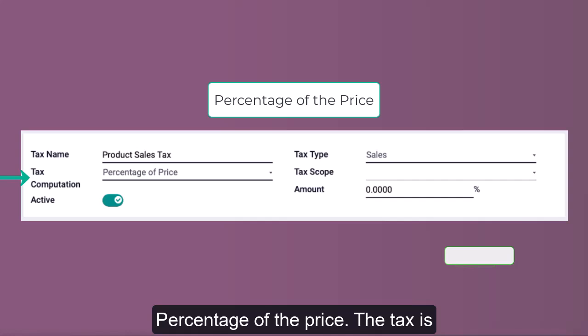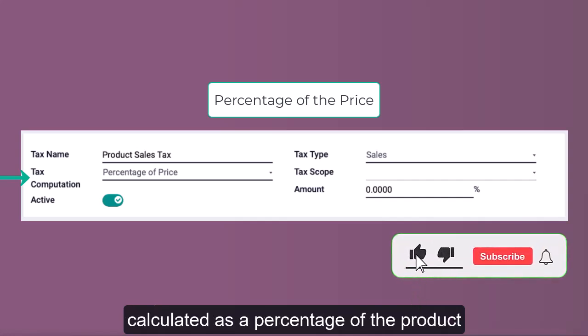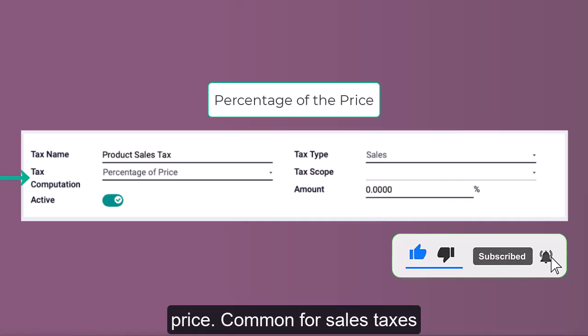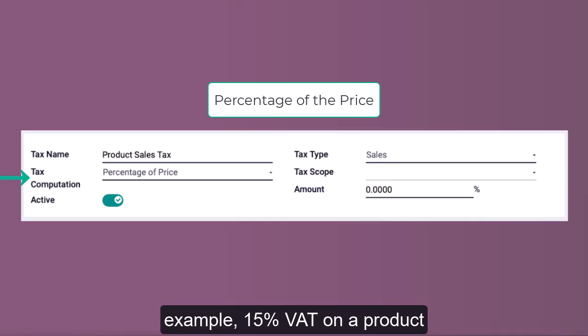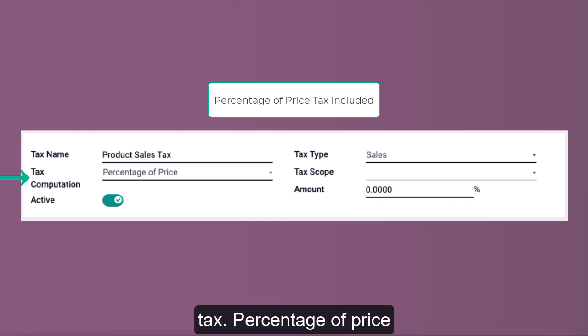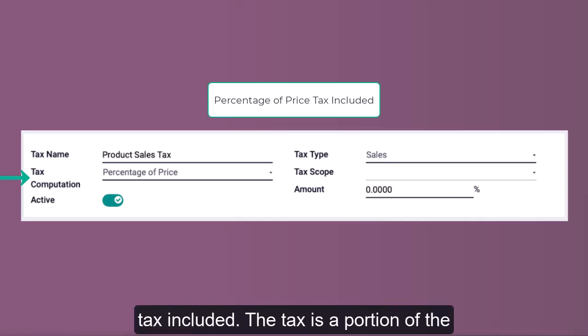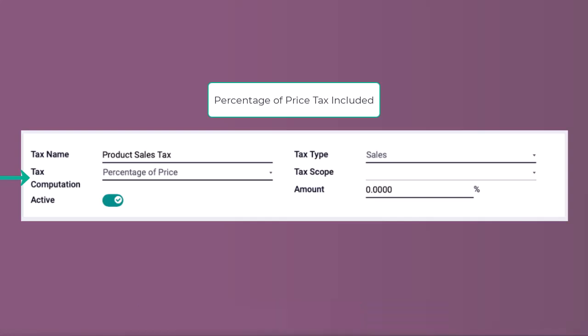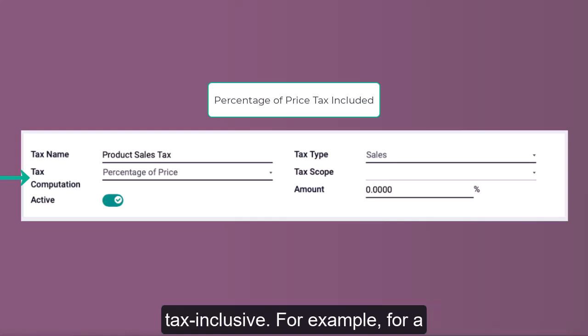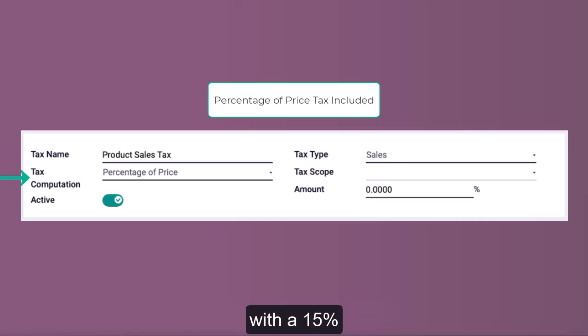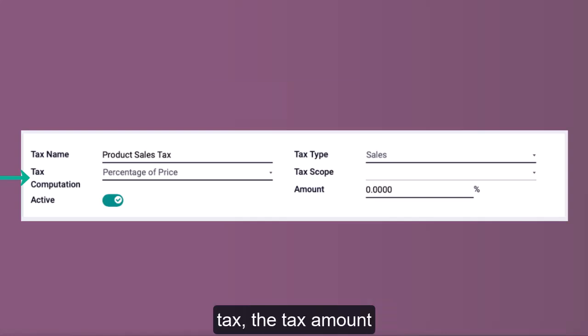Percentage of the price. The tax is calculated as a percentage of the product price. Use case: common for sales taxes like VAT or GST. For example, 15% VAT on a product priced at $100 results in a $15 tax. Percentage of price tax included. The tax is a portion of the total price, assuming the price already includes the tax. Use case: useful when prices are advertised as tax inclusive. For example, for a tax-inclusive price of $115 with a 15% tax, the tax amount is $15 and the product